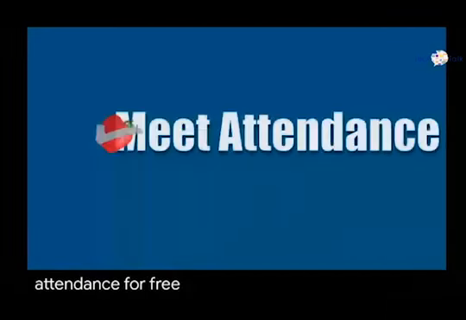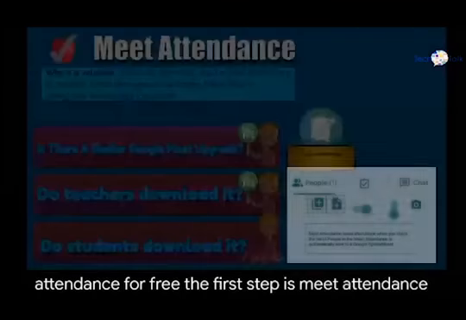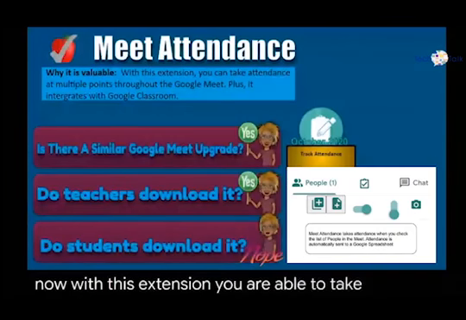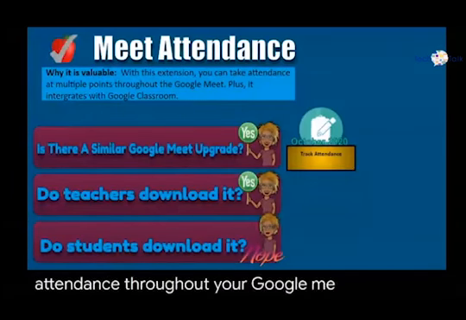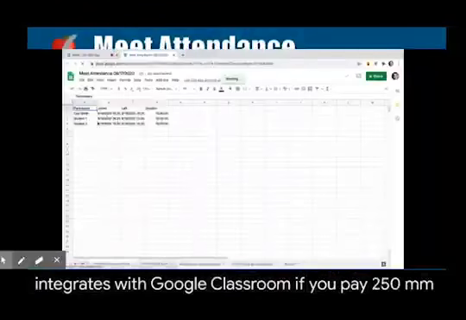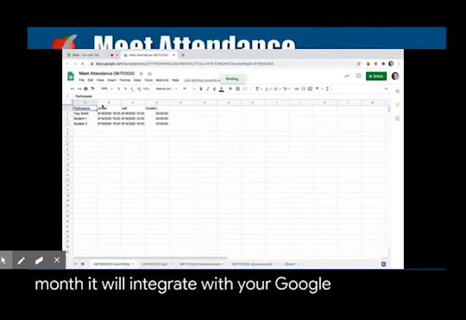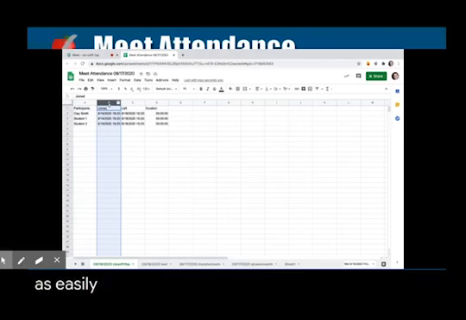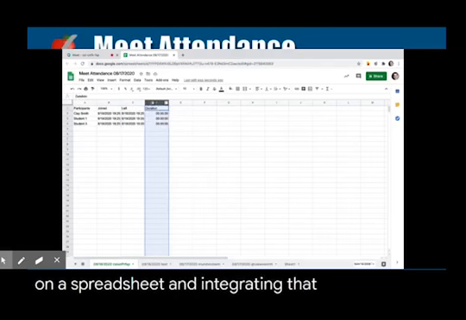The first up is Meet Attendance. Now, with this extension, you are able to take attendance throughout your Google Meet, plus it integrates with Google Classroom. If you pay $250 a month, it will pull your roster from Google Classroom. But you can just as easily do that yourself by putting your attendance on a spreadsheet and integrating that. Okay, so